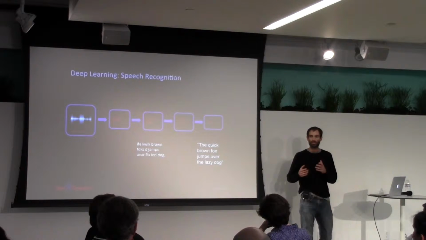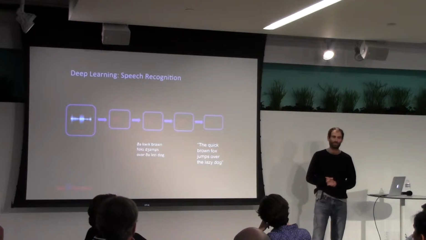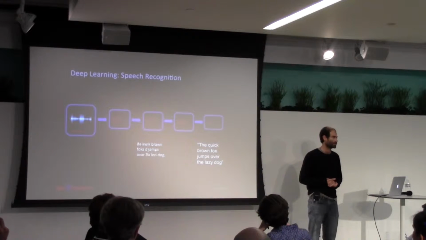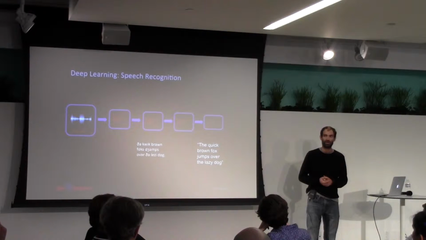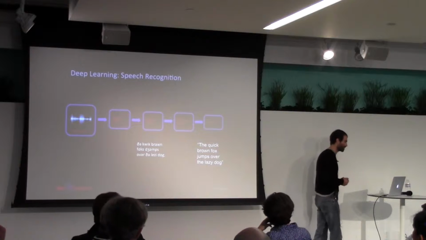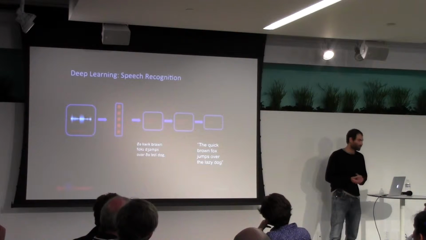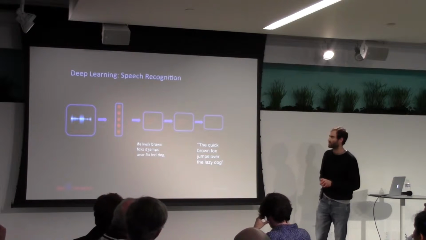But you can already see there are many components. And each one of these modules often has several submodules. So it gets very difficult to reason about how to improve this system. So we want to make it a bit simpler. And to do that, we're going to use deep learning. To start, we're going to replace the acoustic model with deep learning.